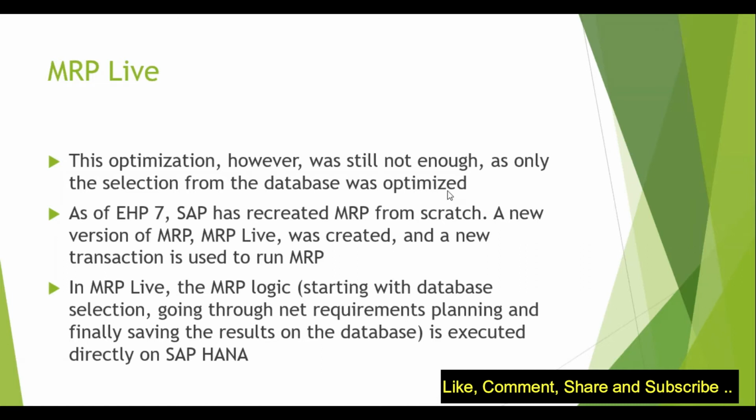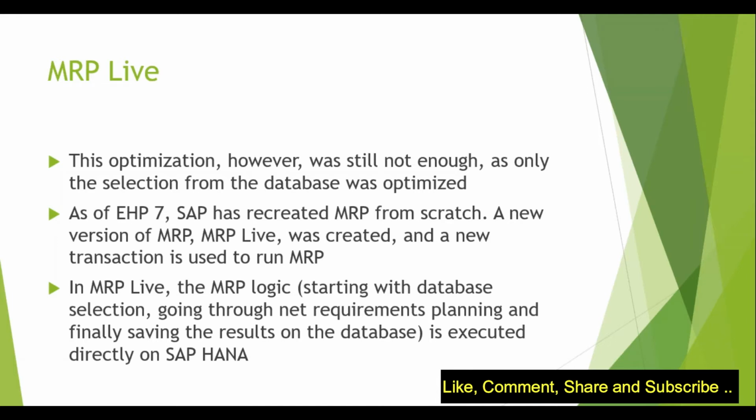It is not only selection. You are selecting from the database, you are performing the calculations going into the sales order, production order, purchase order, stock, and finally you are saving into the table. So with MRP on HANA, only selection was optimized. The processing and finally storing the data in the table was still done one by one. Although, if I take an example, out of 1 hour you reduce the time to, let's say, 40 minutes, there are still chances of improving on that and coming to, let's say, 20 or 10 minutes